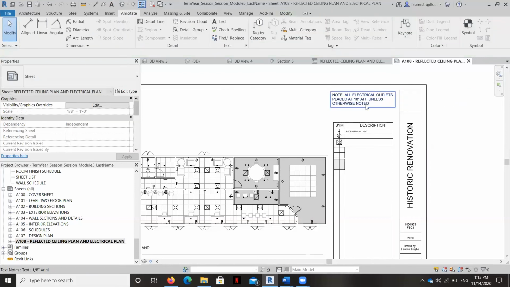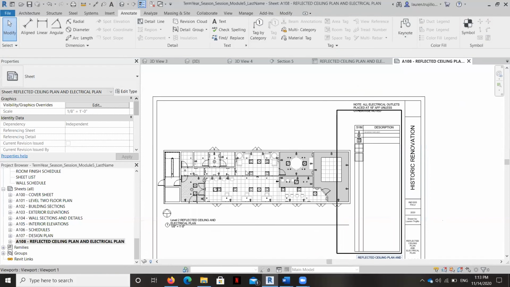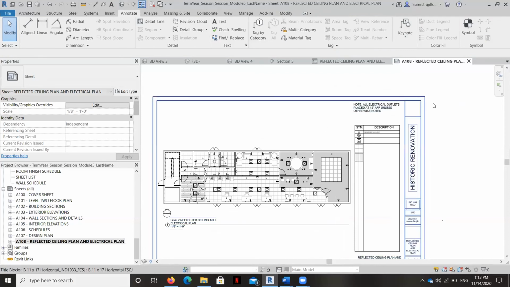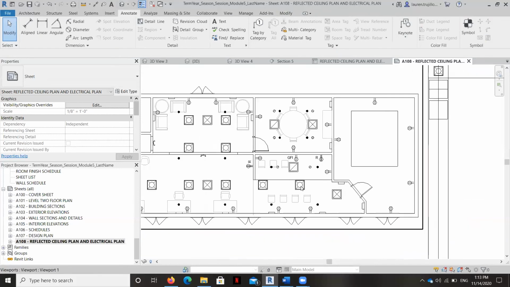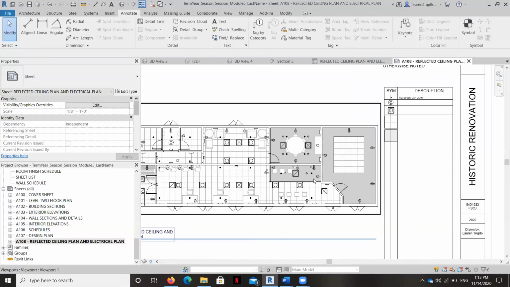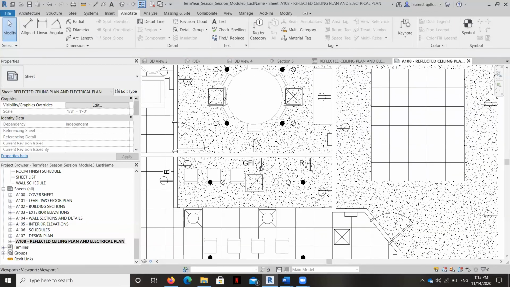we would also in the real world add something like, you know, electrical contractor to verify placement. But keep in mind, of course, that all the subcontractors would be reviewing this plan. This is really just a preliminary version so that they are aware of our design intent. And so now that we've added that note, because we're not going to have room for it here, which is where I would ordinarily put it, we would have to put a little note here.